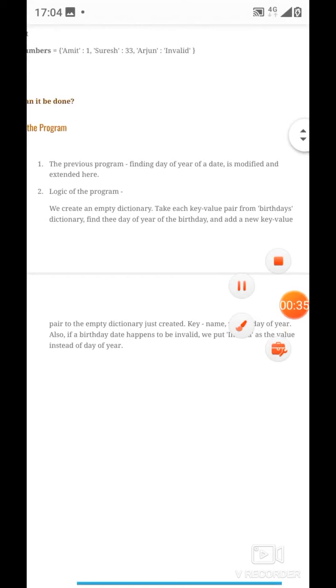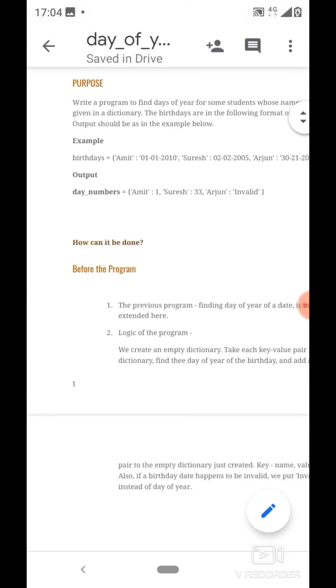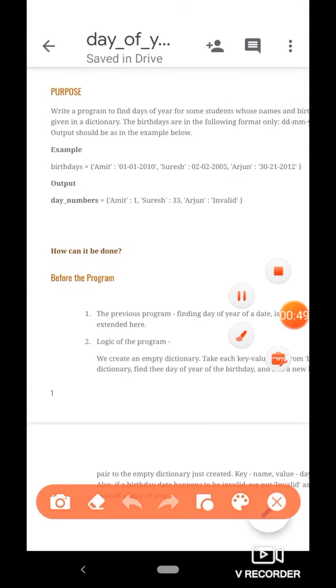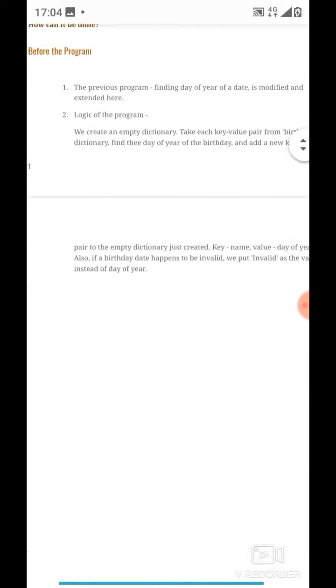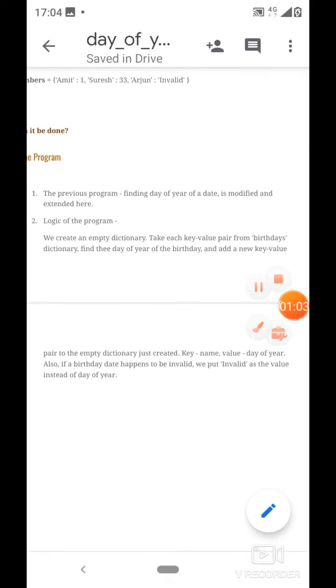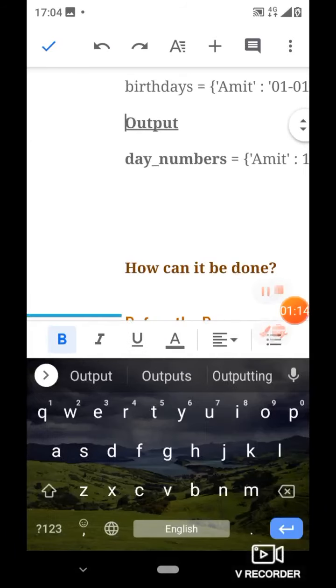Now what is the logic of the program? The logic is as follows. We first create an empty dictionary by the name day numbers. This dictionary will be holding the names of the students as the keys and day numbers as the values, and for the dates which are invalid, we will be storing the string invalid as the value. First of all, that dictionary has to be created as an empty dictionary. Then we take each key value pair from the birthdays dictionary, which is already given to us, and we